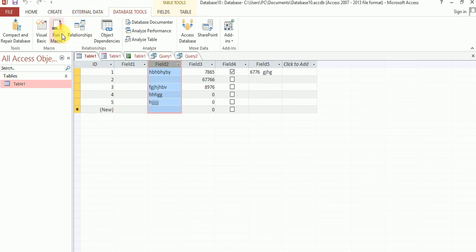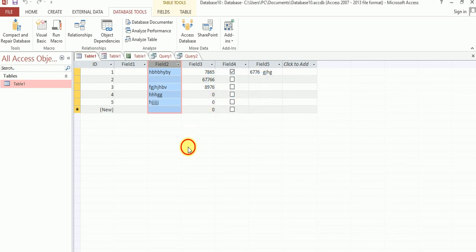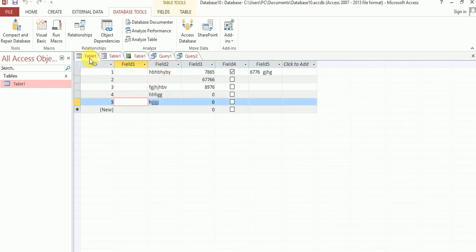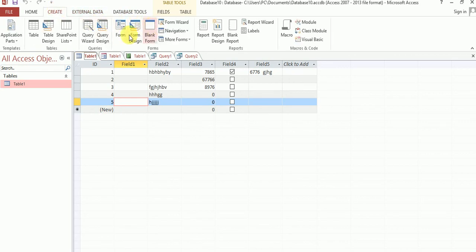Run macro. Okay, macro name, suppose, on design.